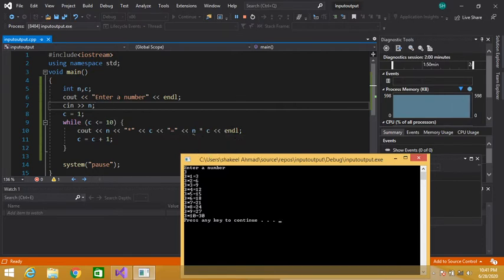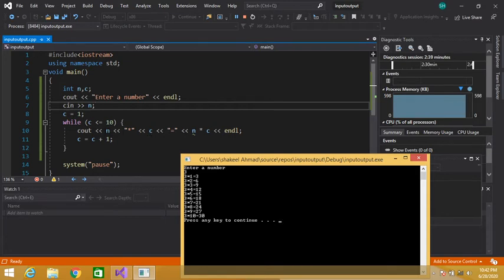Then we start a new line, and then we are incrementing the value of C by 1. C, 1 plus 1 is equal to 2, because previously C contains 1, and 1 plus 1 is 2. 2 is assigned to this C variable. Now C contains 2. Here the loop is ending, so control will again come back here and check this condition. 2 is less than 10, yes, this condition is true, so control enters the body of this loop, cout n, multiply by 2.